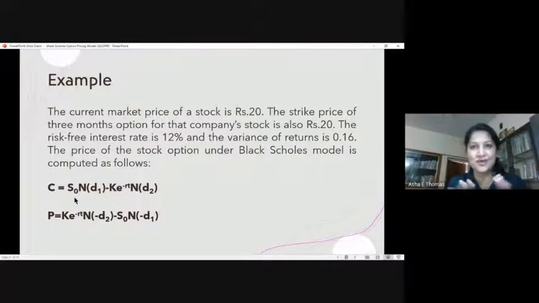You have a put which is available for 20 rupees, where the asset is trading at 20, that is the spot price, and the strike price is 20. Similarly, you have a call available with stock price 20, strike price 20 and a maturity of 3 months. You can solve this using put-call parity theory. We learned another formula in yesterday's class where we discussed put parity theory. So the same exercise we can do for solving that equation,